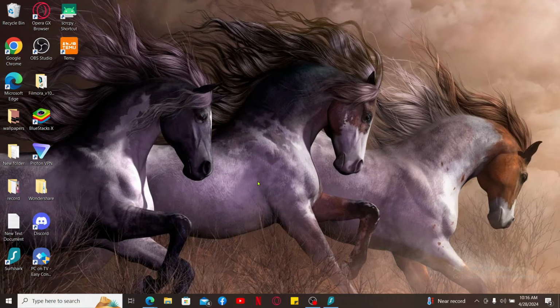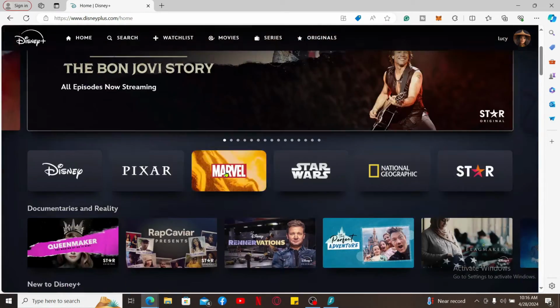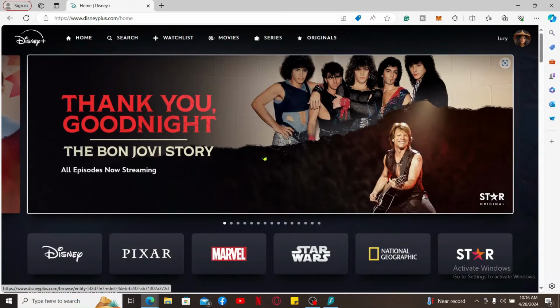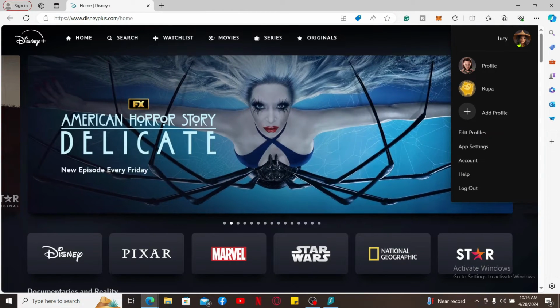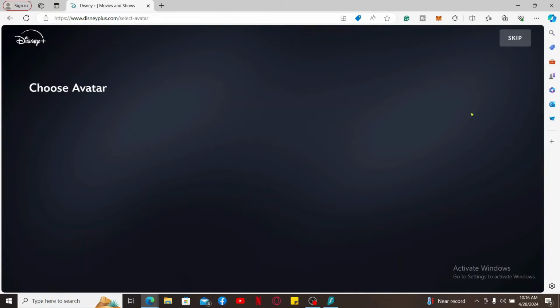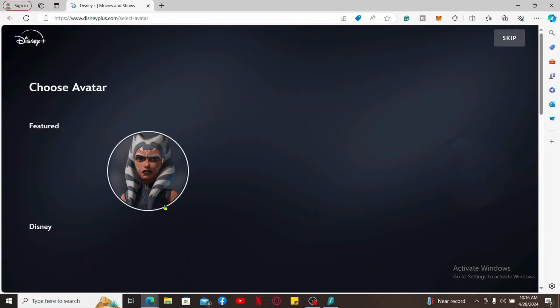So in order to do that, first of all, open a web browser and log into your Disney Plus account. Here I'm already logged into my Disney Plus account. Once you're inside the main home page, go to the upper right corner and mouse over to your profile picture. Disney Plus allows creating multiple profiles. You can now go ahead and click on Add Profile and then select an avatar for your profile on the